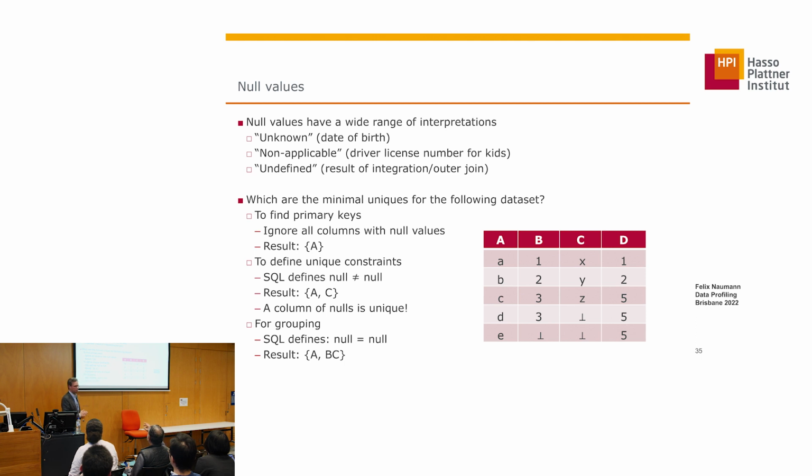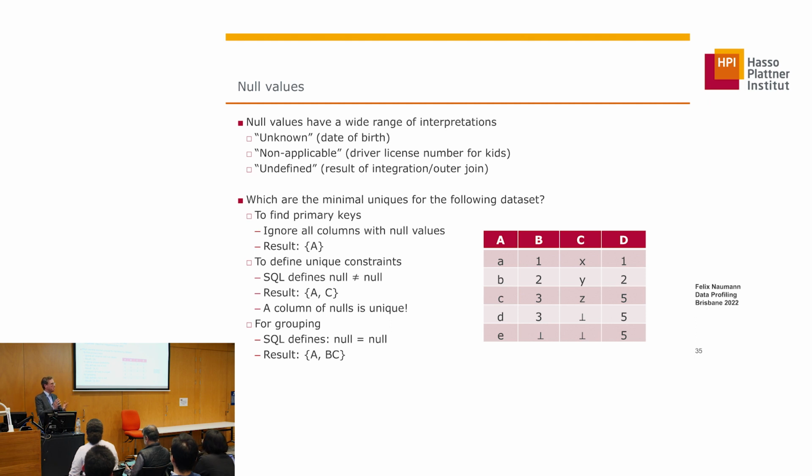Go ahead. So the column of nulls is unique, I agree, but nothing prevents one of the nulls from taking a value like X. In which case, the column would not be unique. So C cannot be part of the unique, even if null is not equal to null. Yeah, because null can be equal to X. At that point the column is not unique. Okay, but if you do a comparison of these two. Right, but in terms of possible values. Yeah, okay. But if you, let's say, count distinct values here, then that would be the semantics. Anyway,